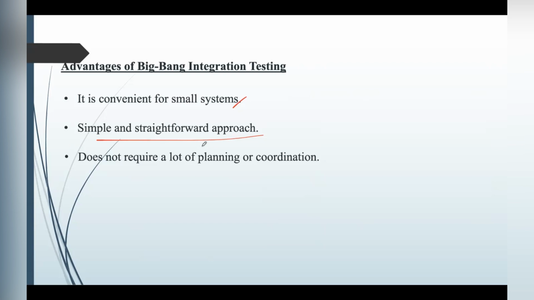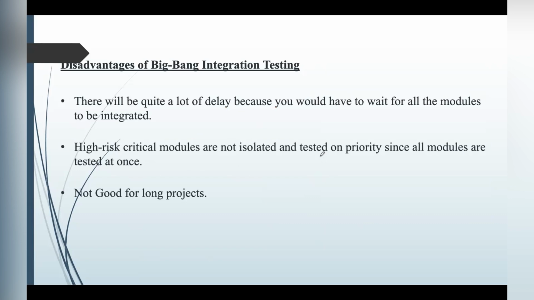And it can be completed quickly. It does not require a lot of planning or coordination also. And it may be suitable for small systems or projects with a low degree of interdependence between the components. Then disadvantages are